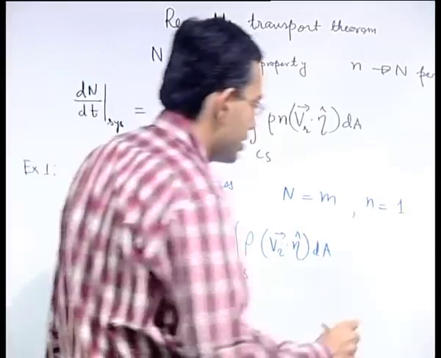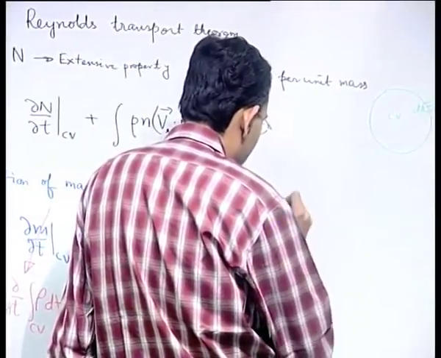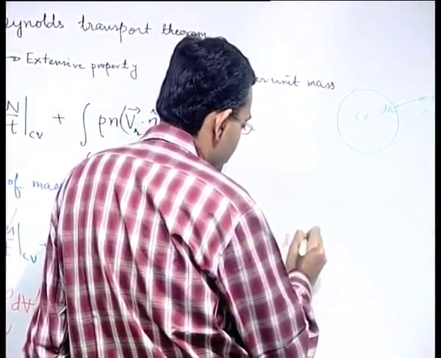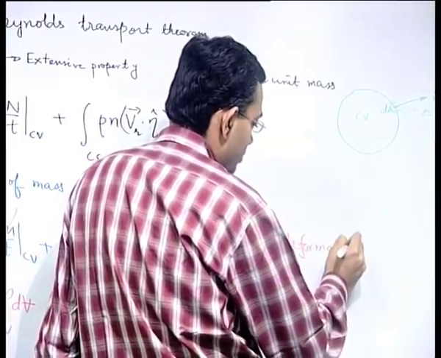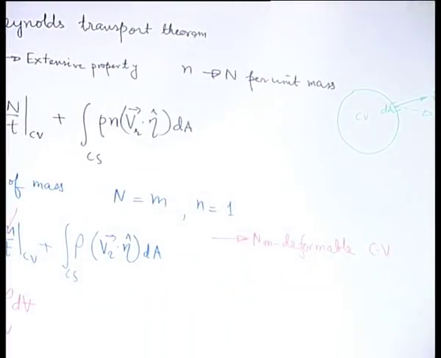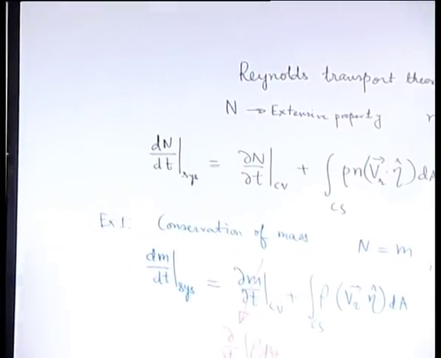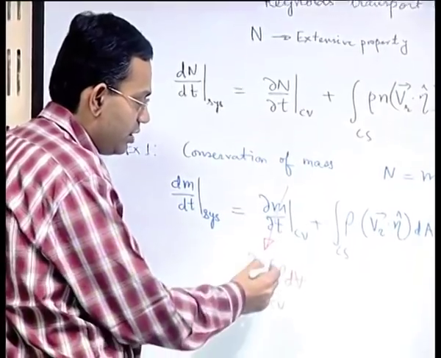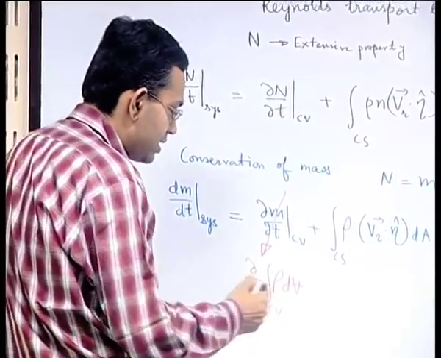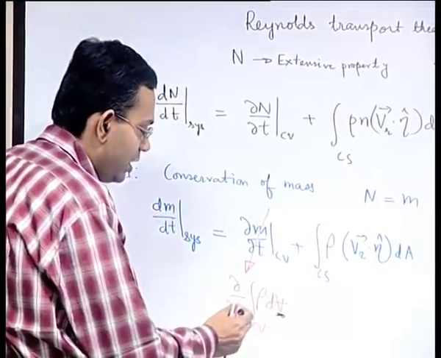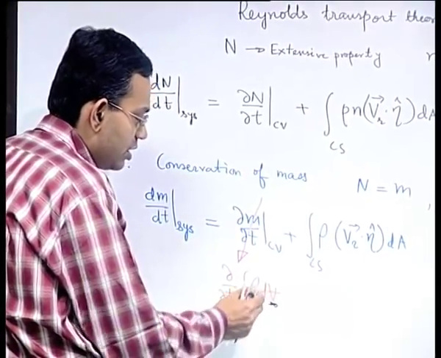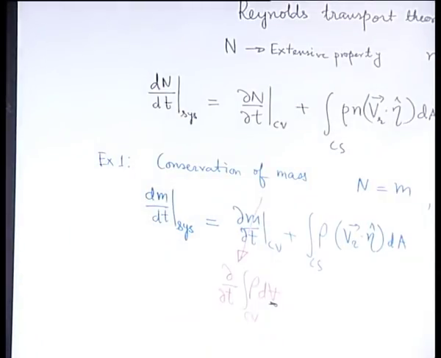What are the simplifications? The first simplification is we take a non deformable control volume. When we say a non deformable control volume, what do we mean by that? We mean that the volume of the control volume is not a function of time. So, the volume of the control volume does not change with time. If it is so, then what we can make out from this is that this variable V is not a function of the time.